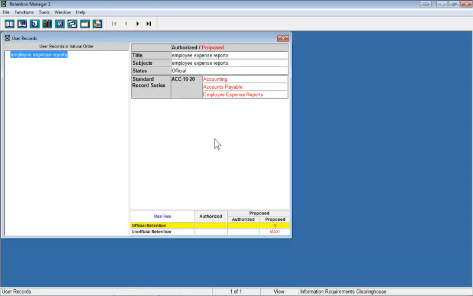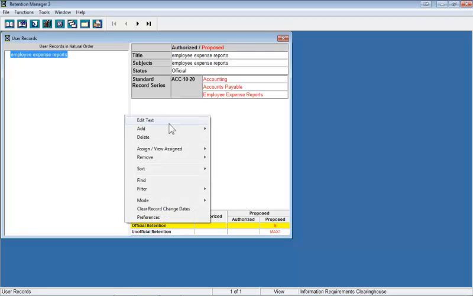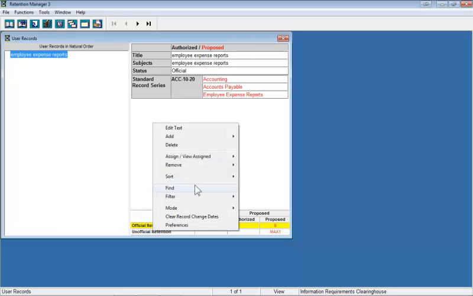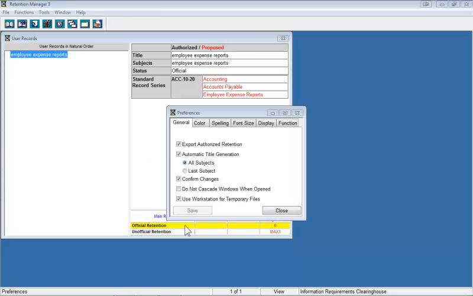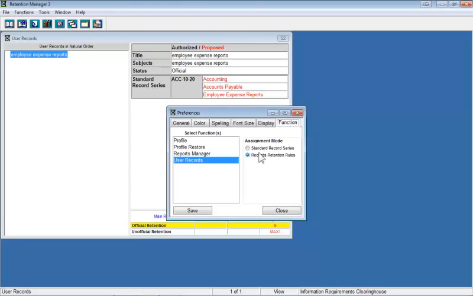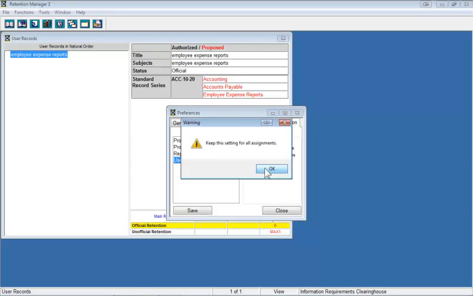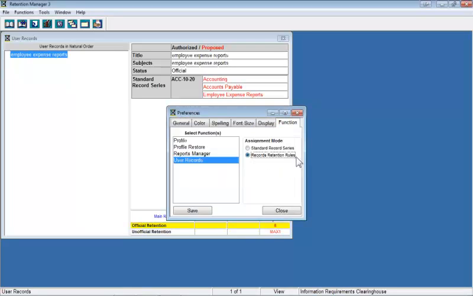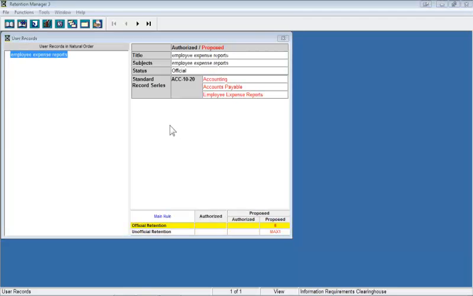I'm now going to show you, though, how to do it the other way for some people who have that need. And to do that, I'm going to right-click. If I try to assign a retention rule, notice it's grayed out. So nothing is going to work the way I want unless in Preferences I go back, change the preferences, and instead of standard record series, I want records retention rules. I save that,